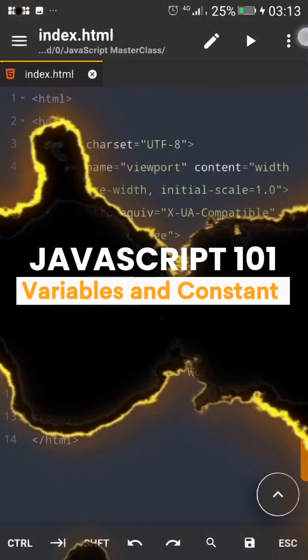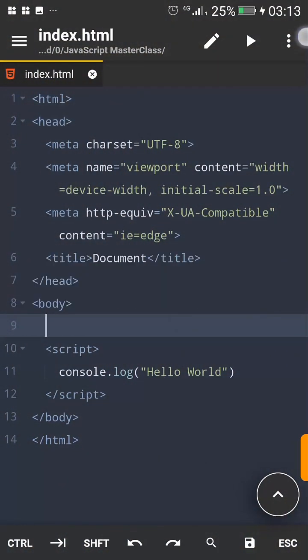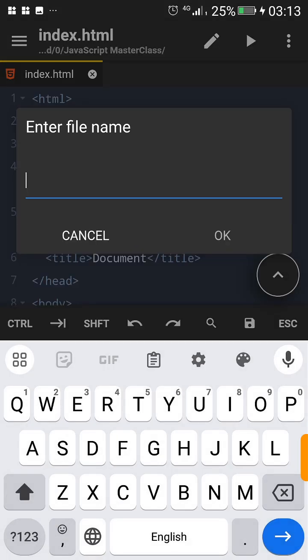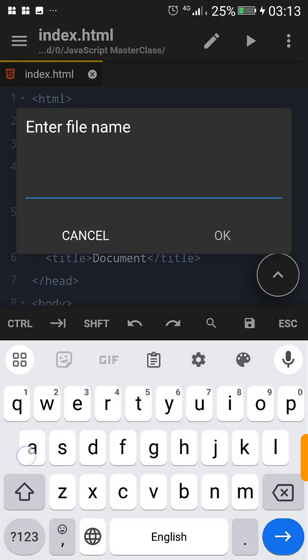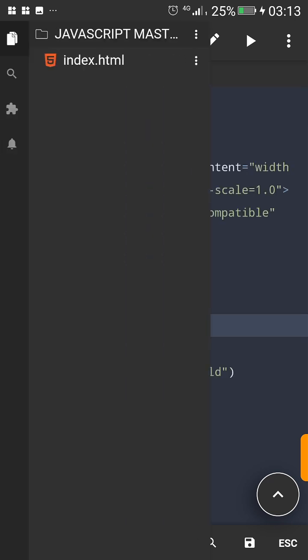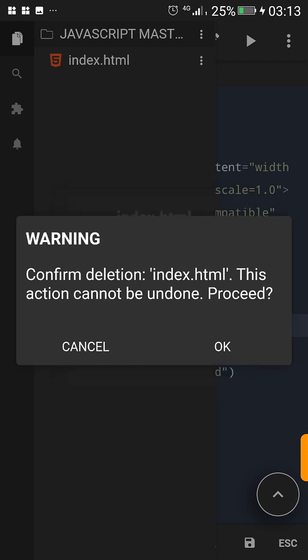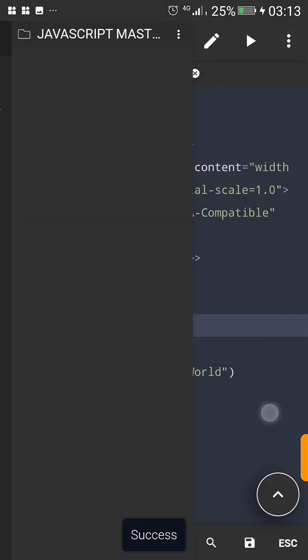Hello guys, today we are going to be learning about variable and constant. But before I start, let me create a new file and name it. I can give it any name I feel like, so I'll be giving it app.js because I want all the JavaScript that I'll be writing to be in a separate file. I'll be deleting this HTML page because I don't really need it for now. Alright,